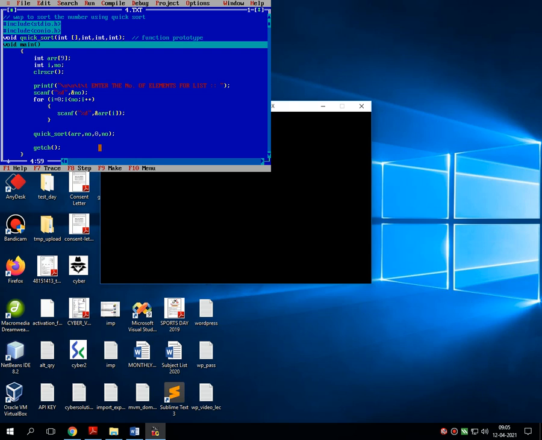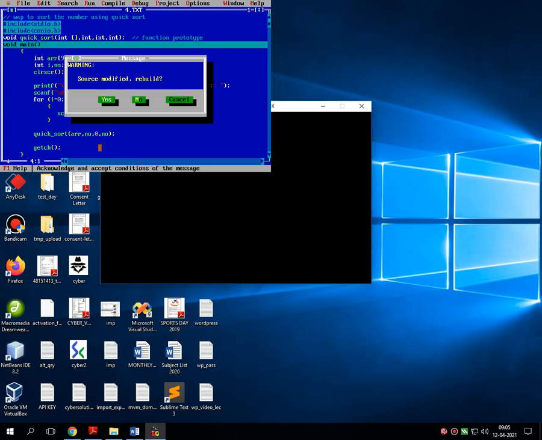In function prototype, in total I have passed 4 parametric values, where the first parametric value is an integer array and the rest 3 are integers. The name of my UDF is quick_sort. To easily rectify that, I am using quick sorting. And the function is a function with argument without return value. So I have declared void as the UDF is without a return value.